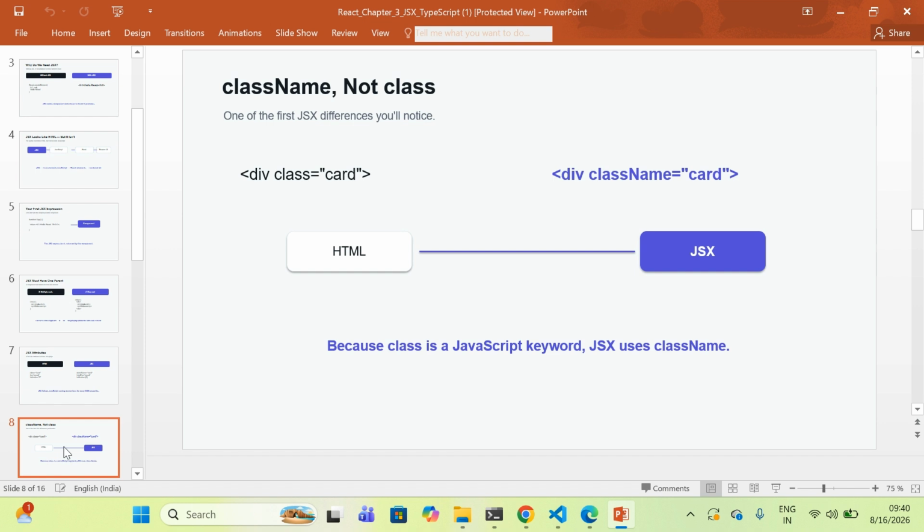So let's take one example that we all use almost every day. In traditional HTML, we write class. In JSX, we write className. So we don't need to overthink this. The important thing to remember is that JSX uses JavaScript compatible property naming. So if we are writing React and you type class, the editor will immediately tell us that something isn't right. And this is actually a good example of why understanding the difference between HTML and JS patterns matters. So let's try it out.